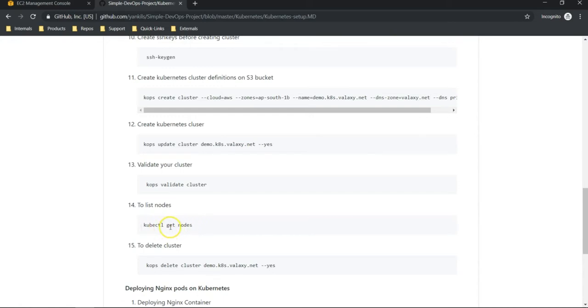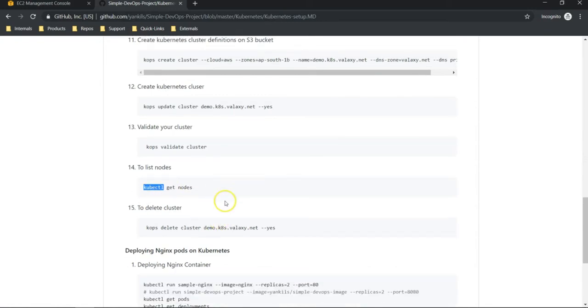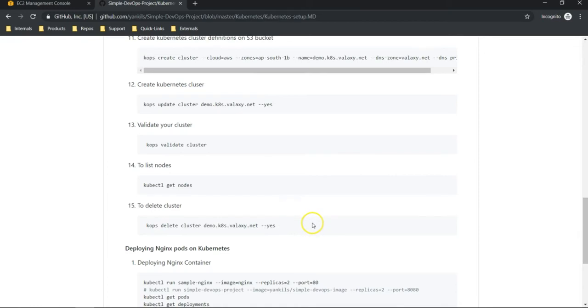You can even run these kubectl commands by logging into our master account as well, but there also we should install kubectl. I will just show you how we can do that. Once it is done, if you don't want this cluster anymore, we can execute this command to delete the cluster. In our case, we don't use it, but if you are practicing and want to delete your cluster, you can do that. Whenever you execute it, it deletes all the definitions from your AWS account and removes the resources.